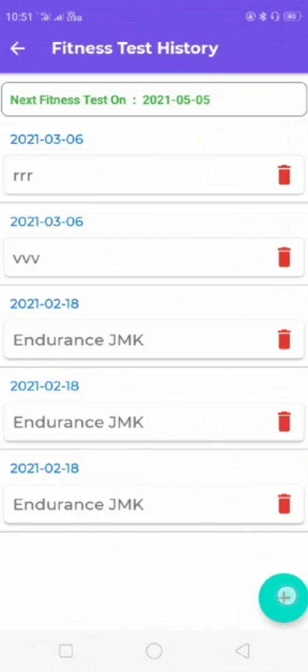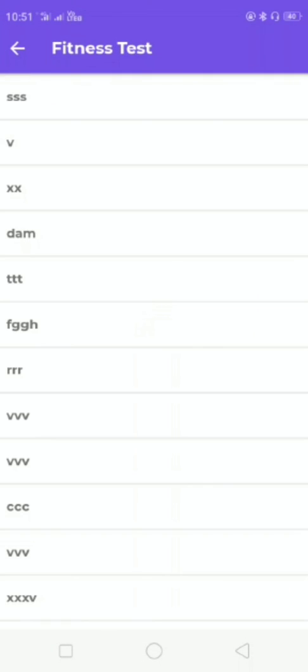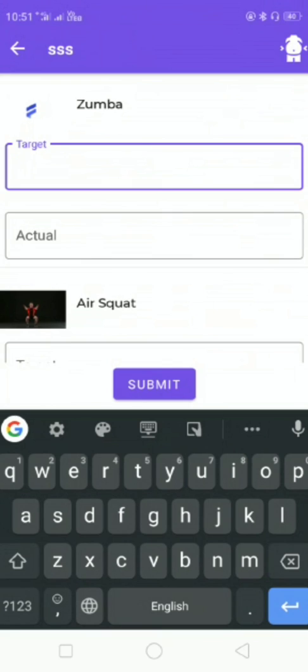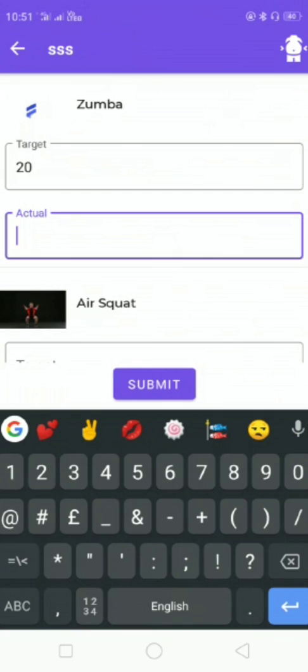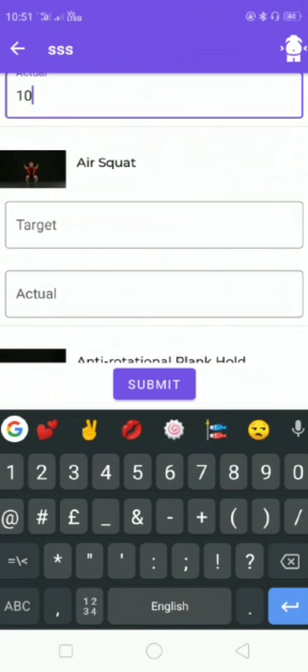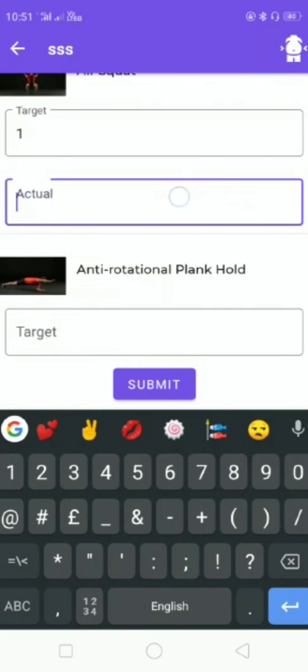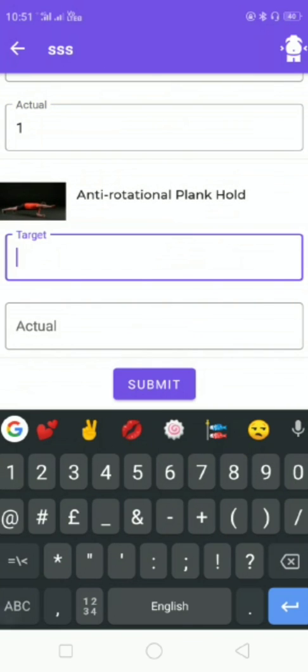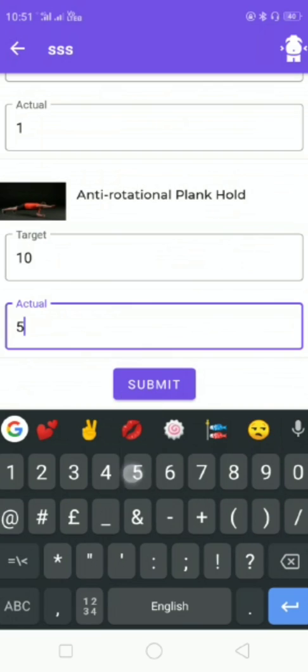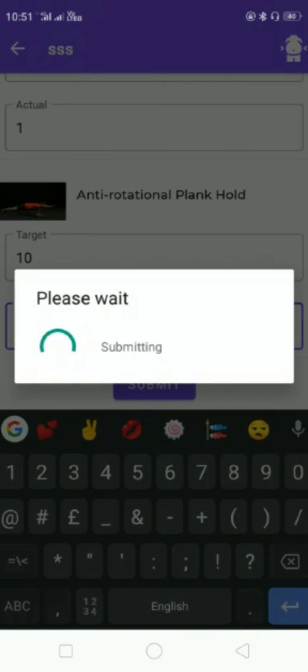Tap on fitness test option, tap on plus button, select the test that you created, select target, enter the actual target, and submit it.